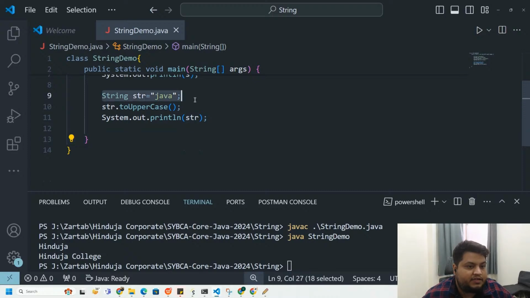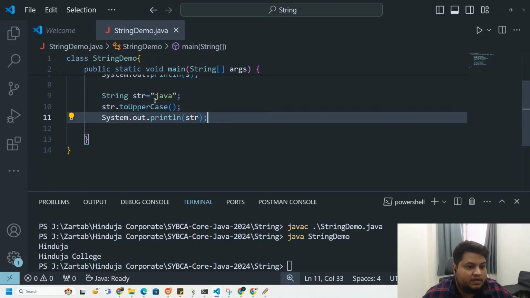First, what we are doing is taking str Java, which was in lowercase. So when it prints, what will be the output here? Will it be in uppercase? Will it be in lowercase? Based upon the code we are looking at right now, what do you think? Okay, it should be in lowercase. Why? Because,